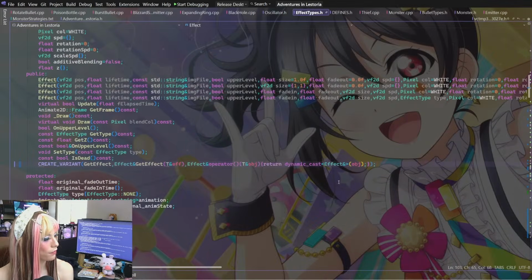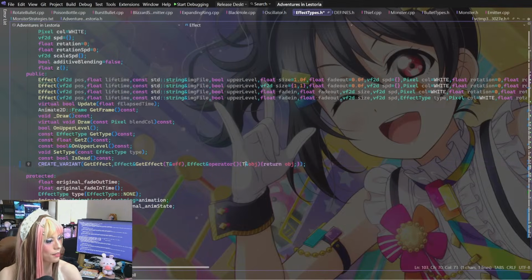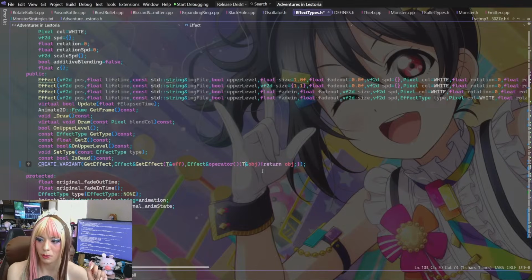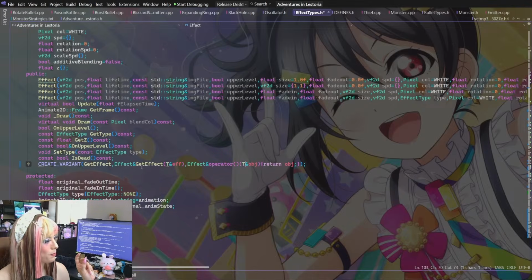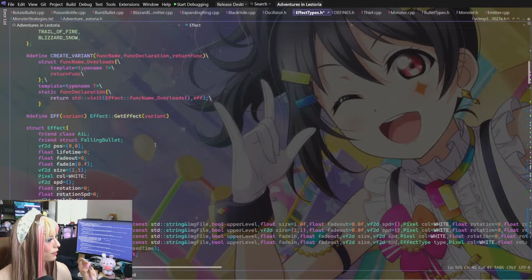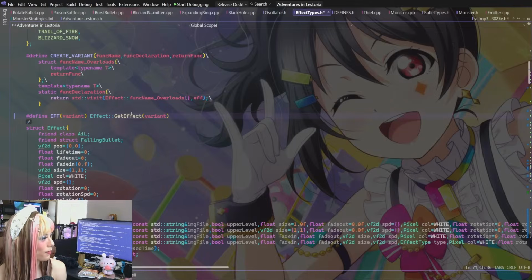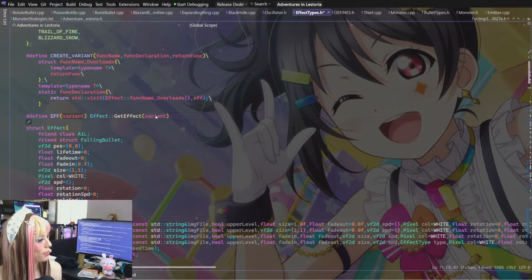Okay, so for this function, the operator overload is supposed to match this to a given type to tell it what to return, and the whole goal is to make it so get effect gets generated with the ability to return any given variant.